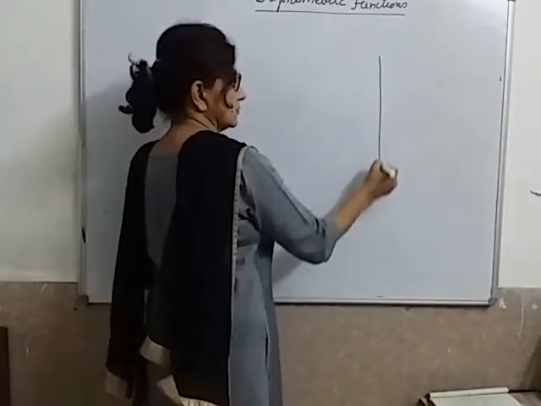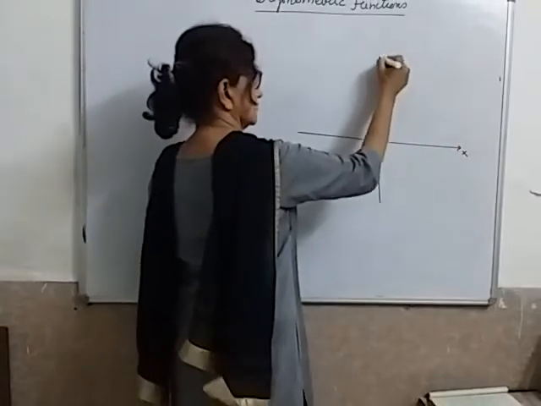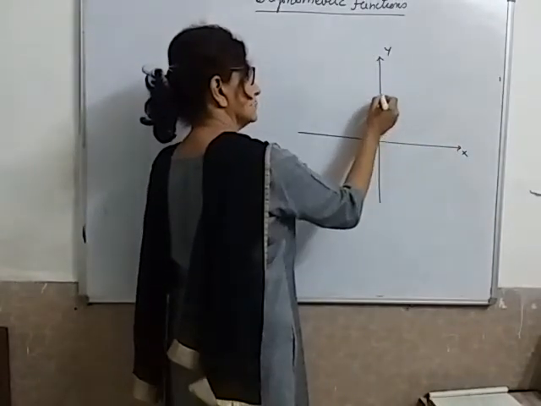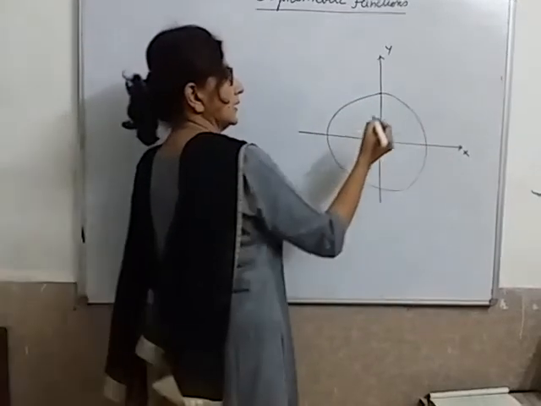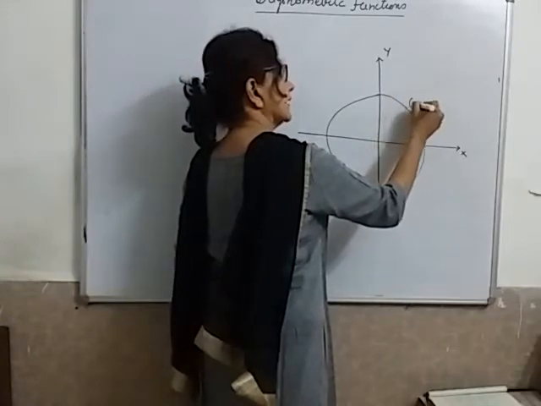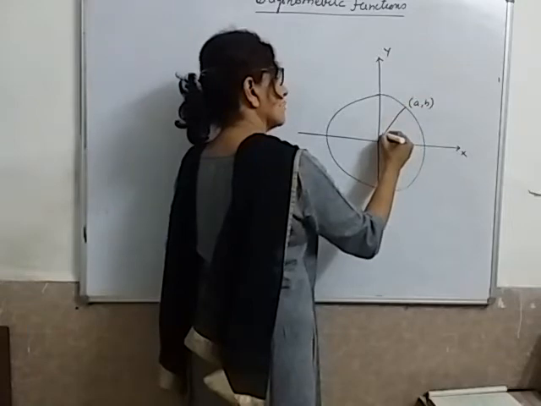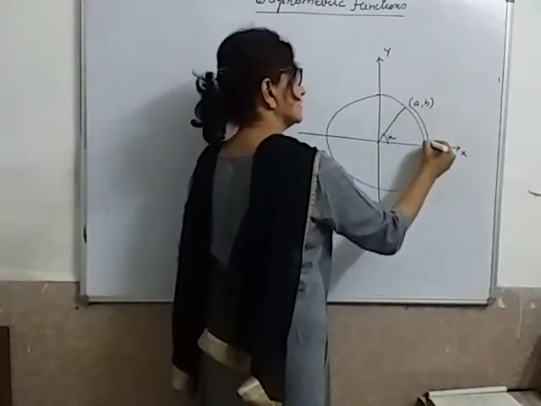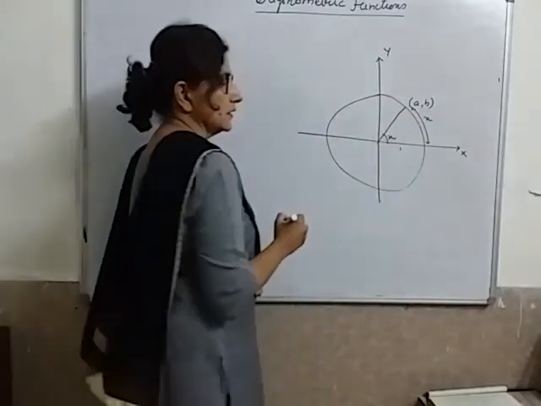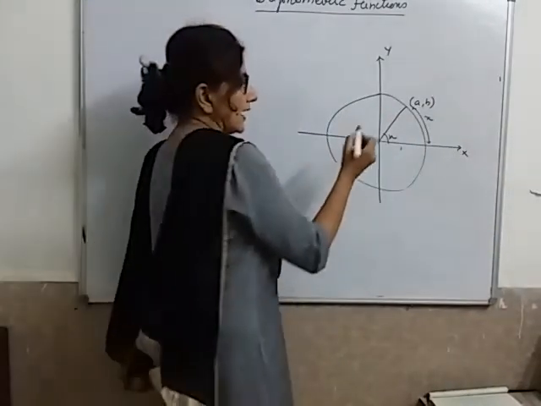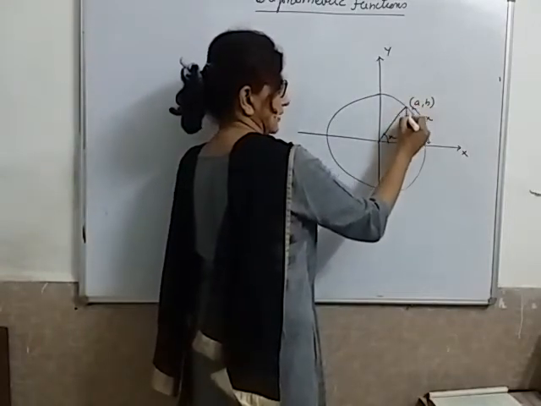Let's take one unit circle, means its radius is 1 unit and its center is on origin. Okay, this is my unit circle and I take a point, any point (a, b) on this circle, which makes angle of x radians with the length of arc as x, and this is 1 unit. Okay, radius is 1 unit, right? So this point (a, b), I tell you one more thing before I proceed.